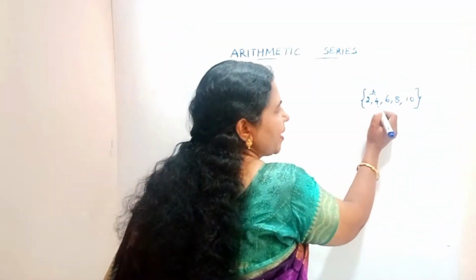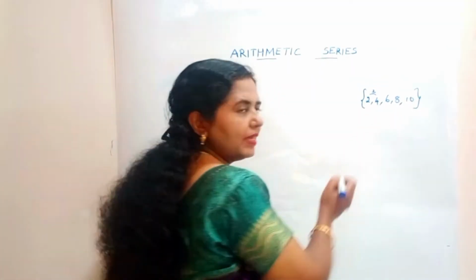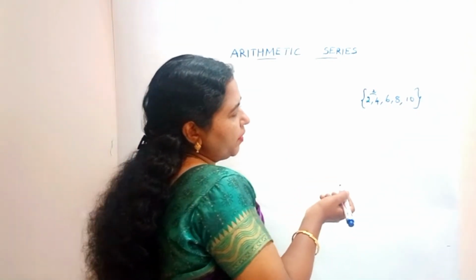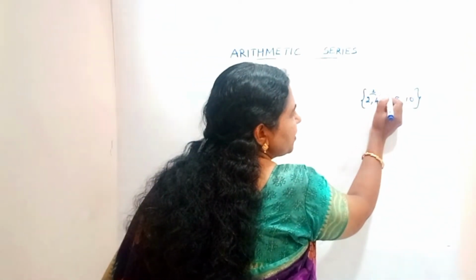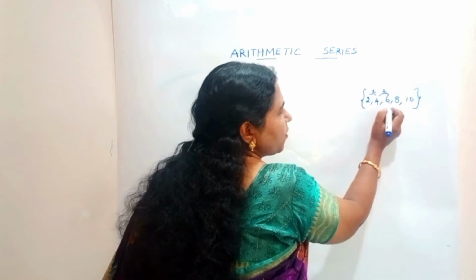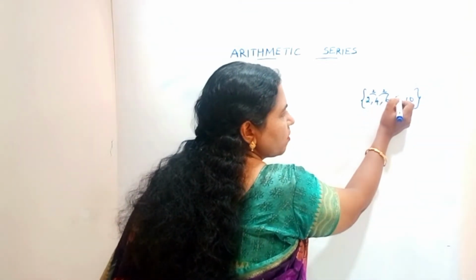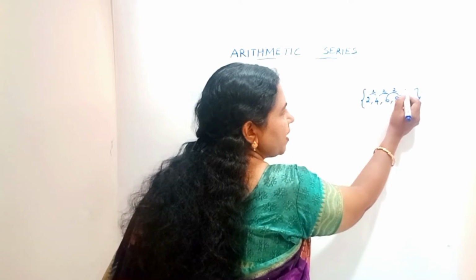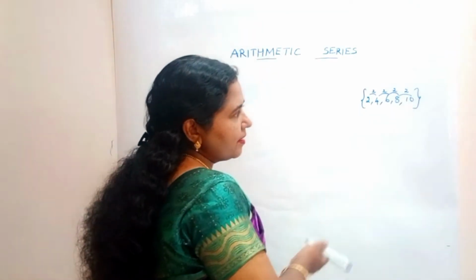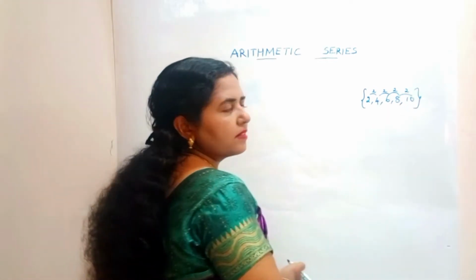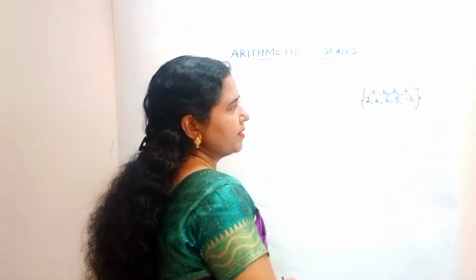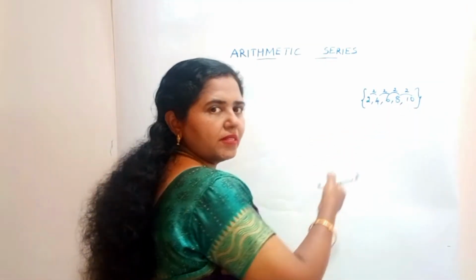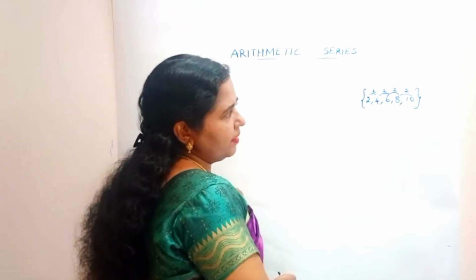Now coming to the second and third term, both are nearby terms. Both are consecutive terms. So the difference between 6 minus 4, it is 2. Now coming to the third and fourth term, they are consecutive and the difference is 2. And here also we have the same difference 2. So that is, we have the same difference 2 in all the cases. So this sequence, it is called an arithmetic sequence. Okay. So this is about an arithmetic sequence.